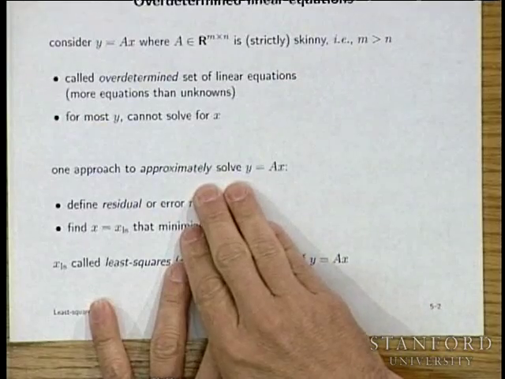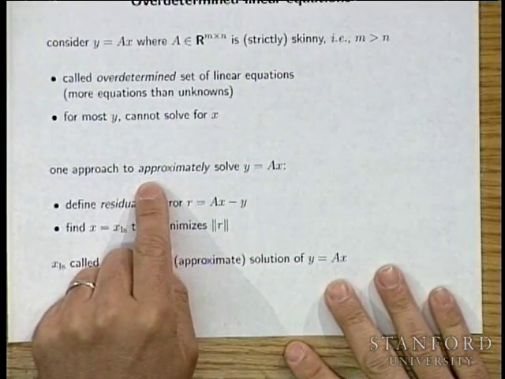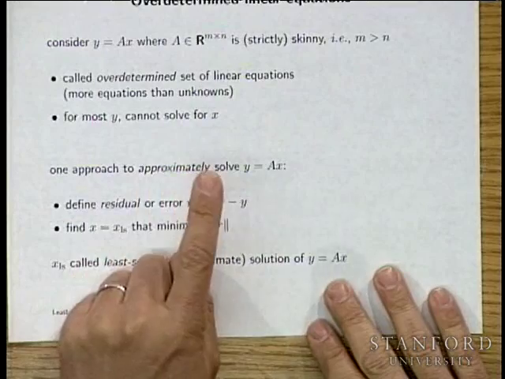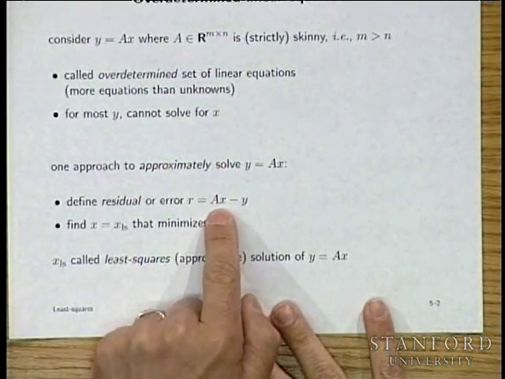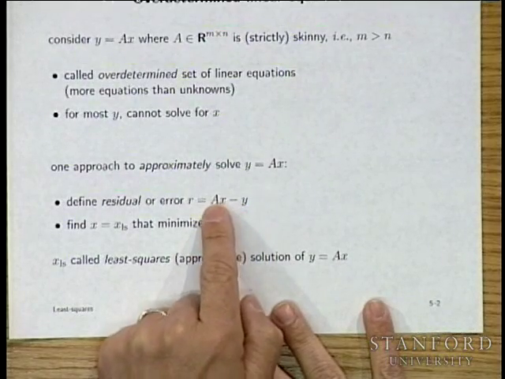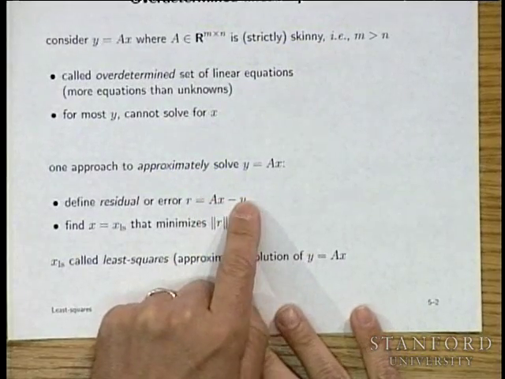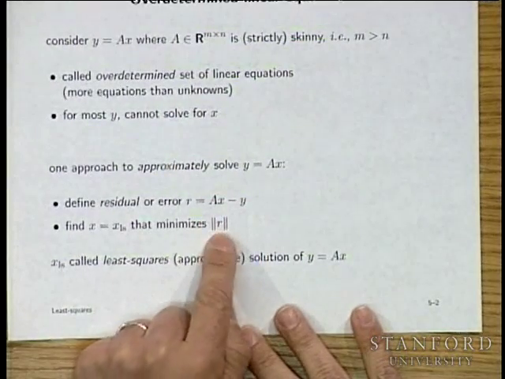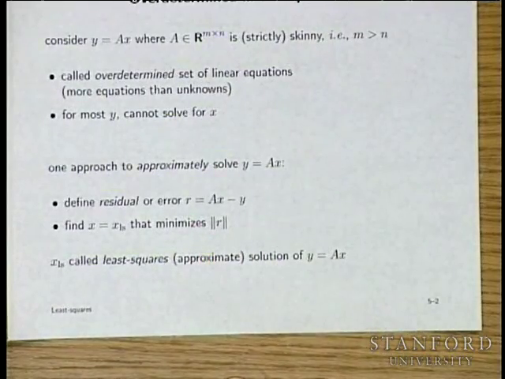So there's a compromise. And the idea is to not solve it, but to approximately solve it. Now what does it mean to approximately solve? It means instead of finding an x for which Ax equals y, which is impossible, we're going to find an x for which Ax is approximately y. And we'll measure proximity by the norm of the error. So that's the basic idea. And I think we will quit